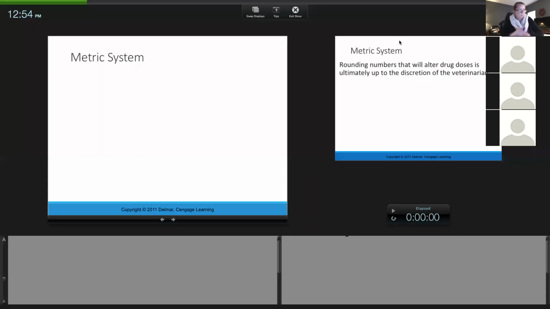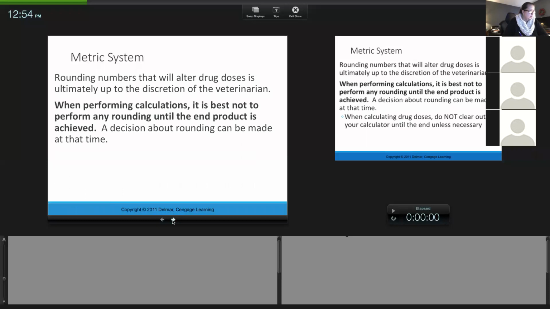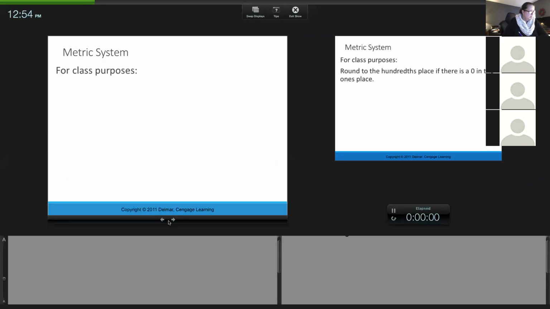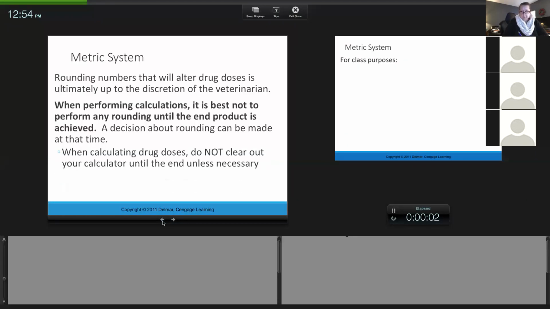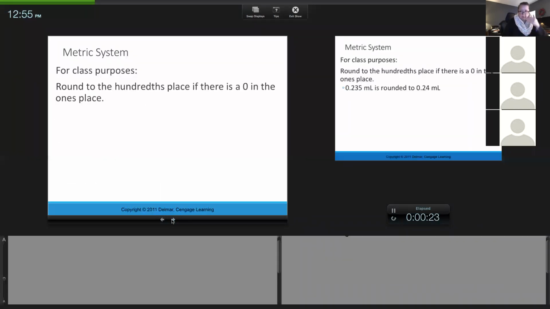Okay, so when we were talking about rounding, when you're given math problems in your calculator, it might say 1.4725 or 0.837. When you are going through the whole problem, you're really supposed to leave that whole number in the calculator. So when you're in class, for class purposes,